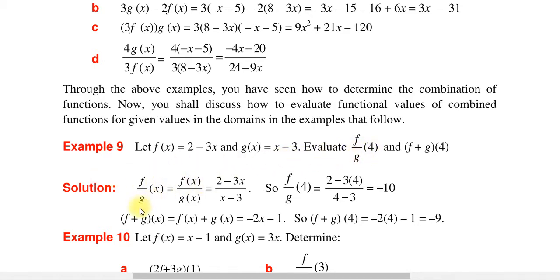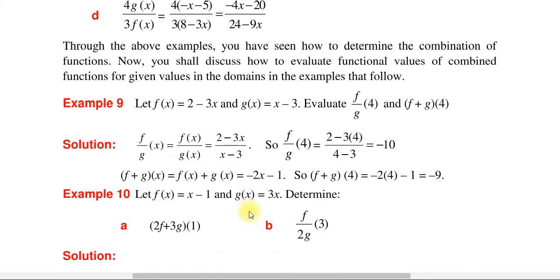መጀመሪያ f of x over g of x ን እንፈልጋለን። ስንት ይመጣል 2 minus 3x over x minus 3 ዜን x ላይ ማን እንተካለን 4ን እንተካለን 4ን ስንተካ ስንት ይመጣልናል ኔጌቲቭ 10 መጣ። ሳሜሽኑን በተመሳሳይ ሳሜሽኑ ደግሞ f of x plus g of x ማለት ኔጌቲቭ 2x minus 1 መጣ። x ላይ 4ን እንተካለን 4ን ስንተካ ኔጌቲቭ 9 መጣልን ማለት ነው። ሶ እንደዚህ ያደረግንም መስራት እንችላለን ማለት ነው።